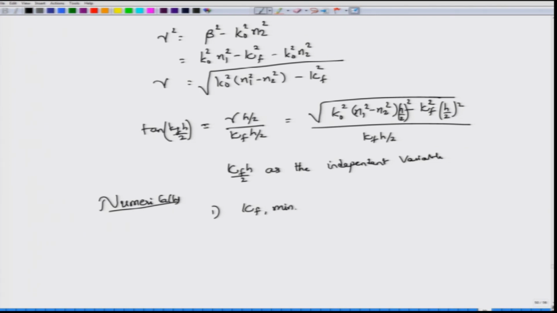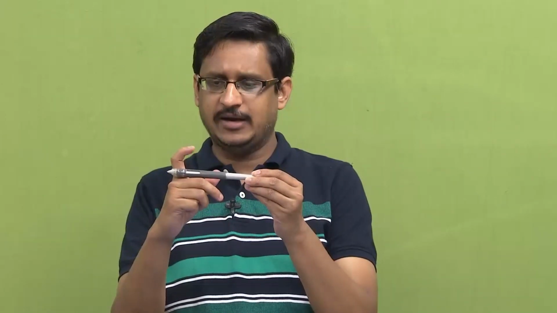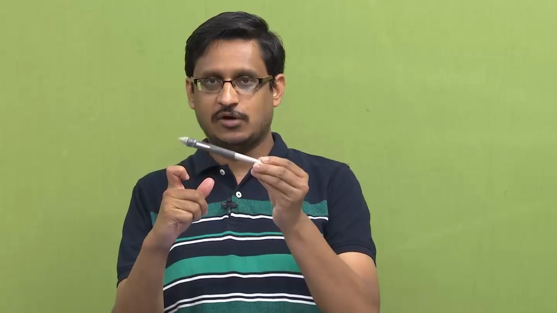Well, the minimum value of kappa f will be when, you remember, this is a triangle, right. So, there is a beta here, sorry, that is the transverse thing. So, this is kappa f, this is beta, and together is the incident wave vector or the wave vector inside the film, which is k0 times n1. So, you can actually have the length of kappa f become 0, at which point k0 n1 will be exactly equal to the propagation constant beta, right. So, if you start shrinking this height, then k0 n1 actually falls onto beta.